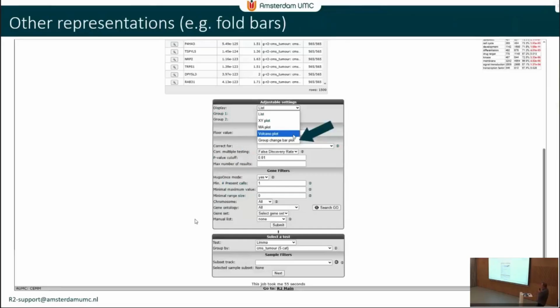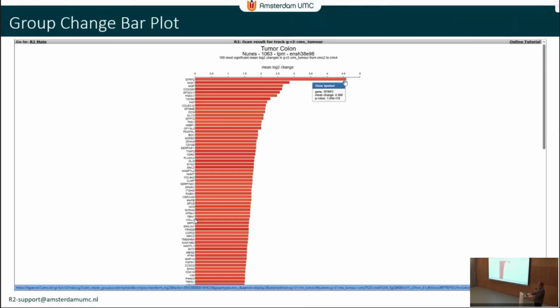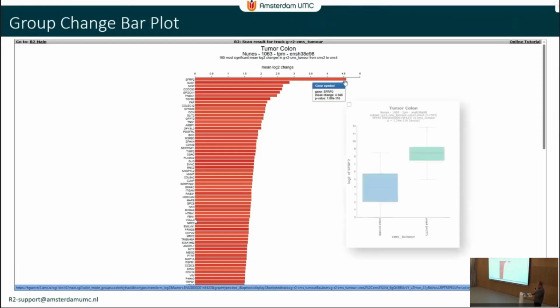Another type of visualization that you can use with your results is these group change bar plots, which essentially indicate the fold change by a bar plot. And also here it is interactive in the sense that if you click on it, it will show you again the underlying data for this particular test result. And that's also the thing that I would like to bring across today from the perspective of the platform: you can do a lot of different analysis, but it also allows you to go a couple of steps